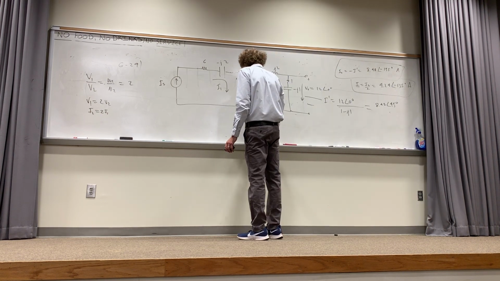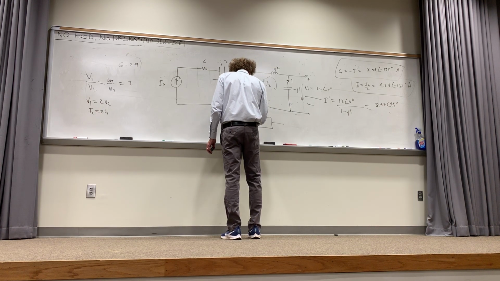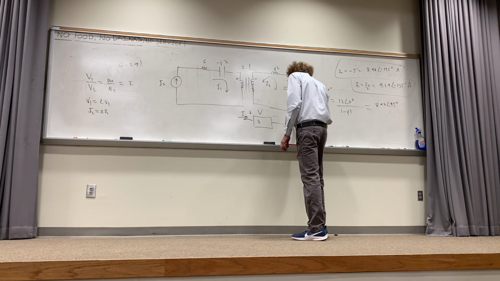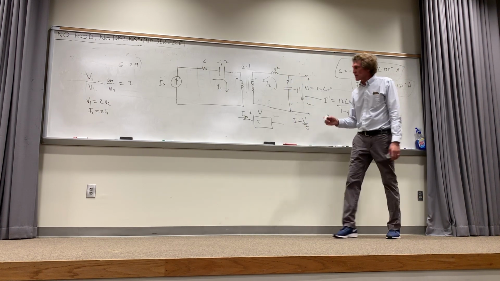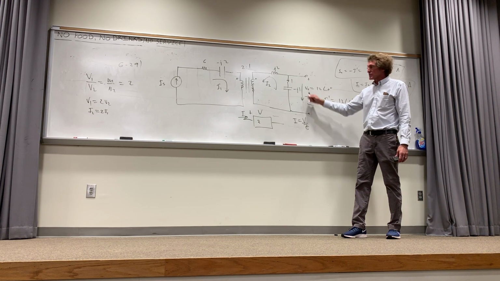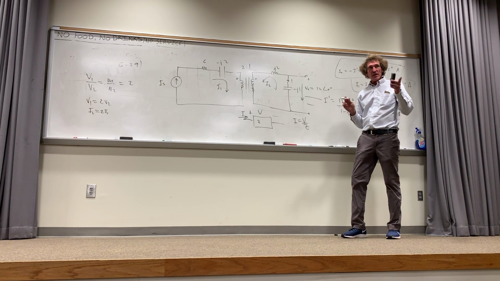Now think about this and just make sure you're straight on this one. If you have an impedance Z and a current I, and this is plus to minus V, that I is equal to V divided by Z. You'll notice the current flows into the positive, out of the negative terminal. This is plus to minus, current would be flowing this way. Make absolutely certain you know that, yeah?